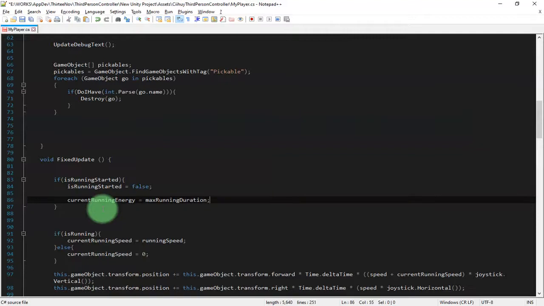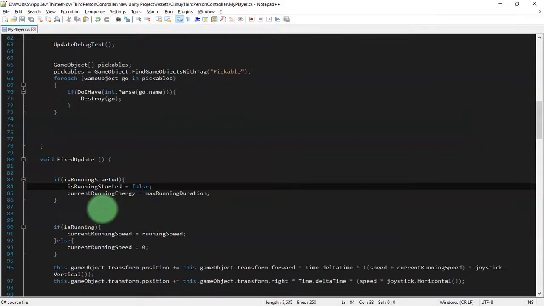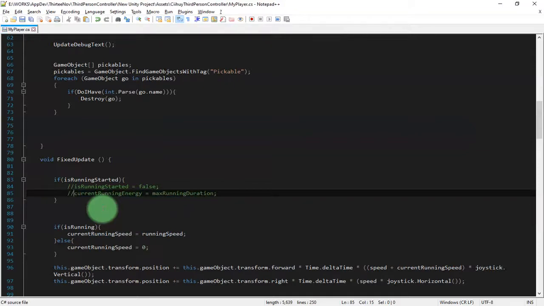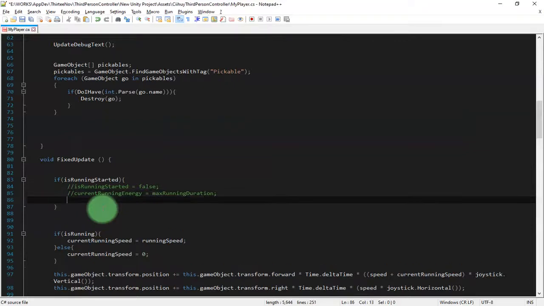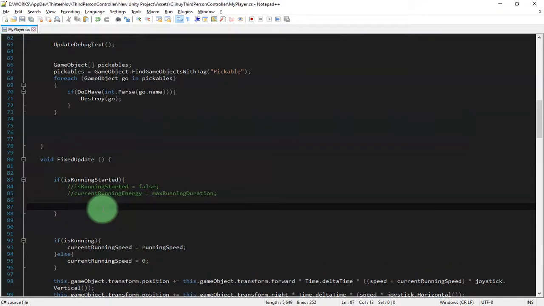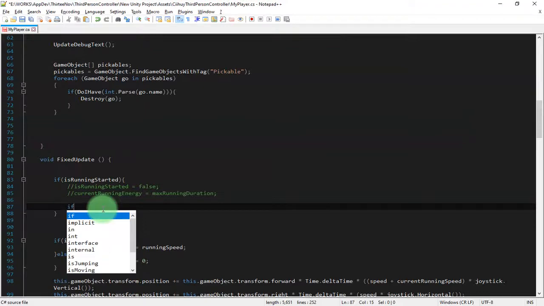Forget about this line first. If running started, current running energy equals max running duration, then, oh no, I'm getting confused. If isRunningStarted, let's do the if statement.